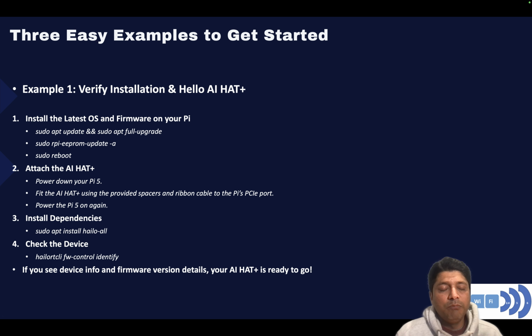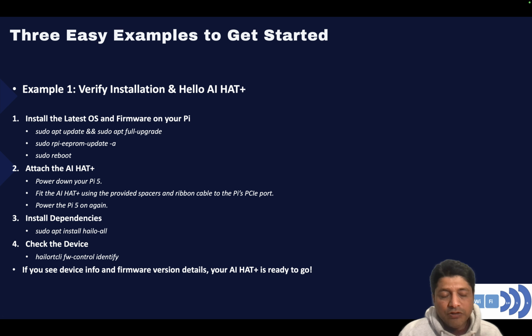When I show the demo, I will go one by one through the commands and show you exactly what they are. But I think the GitHub page gives really good instructions and great clarity about how you can go step by step and install those packages. But the very first thing is we will get the micro SD card installed on the Raspberry Pi with the Raspberry Pi OS, which is Linux based, and then you would install the AI Hat Plus on top of the Raspberry Pi,